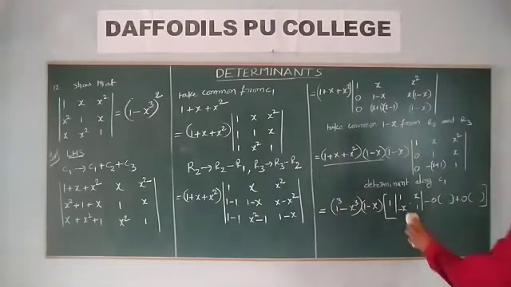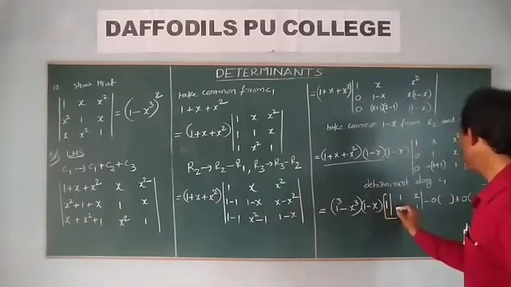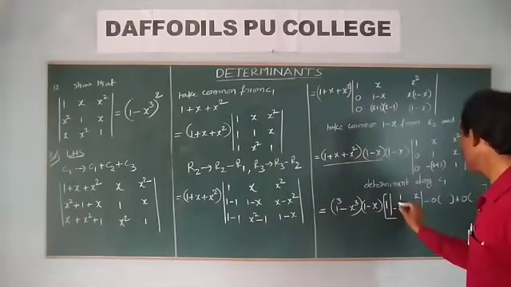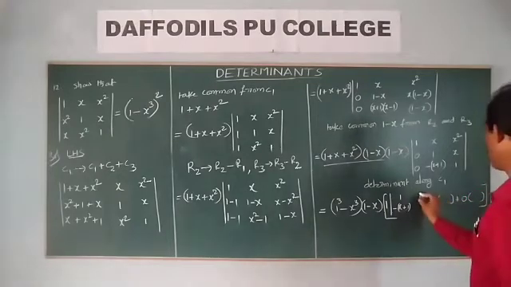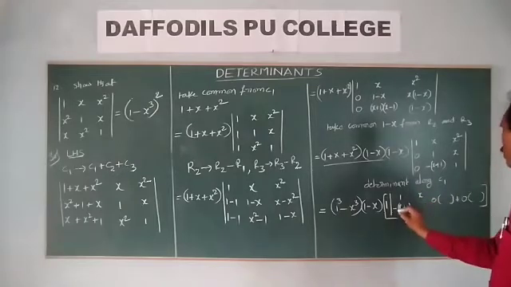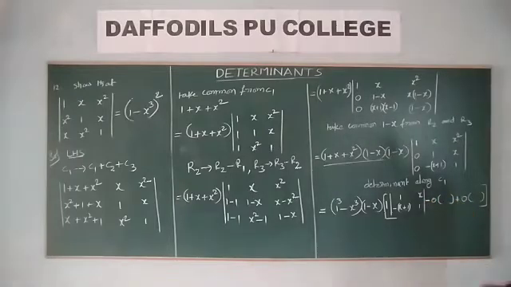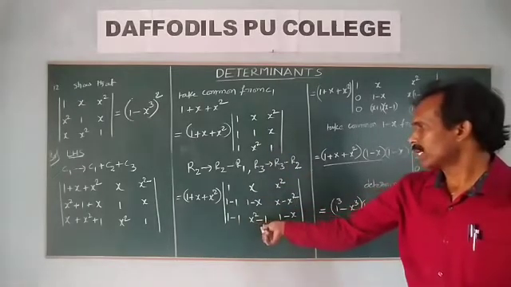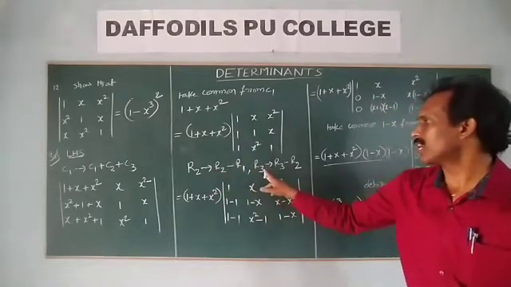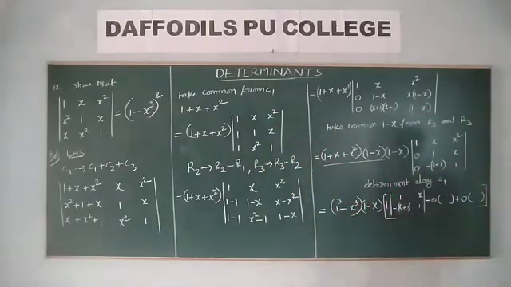Minus of x plus 1. That's why here also change 1 of minus of x plus 1. Here deleting this column and this row, 1, x, minus of x plus 1, right, minus 1, right. So that's it. So instead of the previous x, you actually use R2 minus R1 and R3 minus R2, x square minus 1. Alright, this is equal to